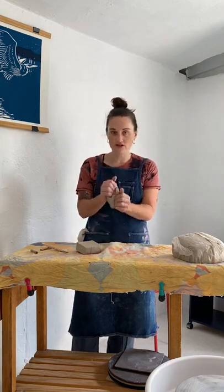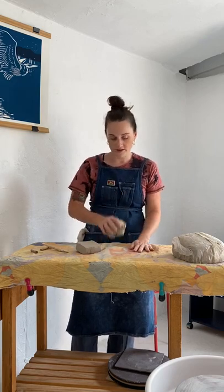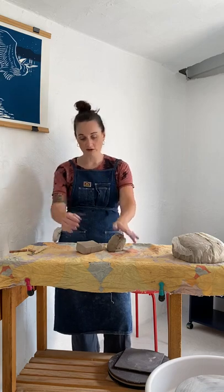Yeah, and then again, the clay should be really soft, but it shouldn't be so soggy that you can't work with it. So I always say wedging is like your way of being like Goldilocks. It's not too much water in it, it's not too dry, it's just right. So that was wedging. So go ahead and practice this at home,